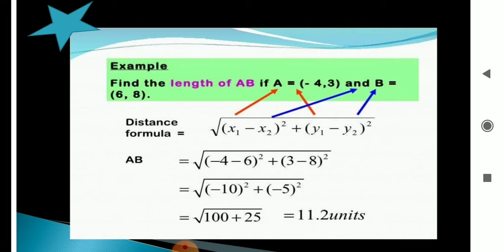Now similarly, we have the distance formula. We discussed many questions in online classes also. So you know that the distance formula, if we have two coordinates given x1 y1 and x2 y2, in that condition the distance between these 2 points is under root x1 minus x2 whole square plus y1 minus y2 whole square.